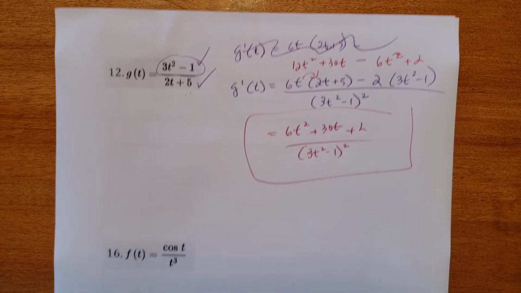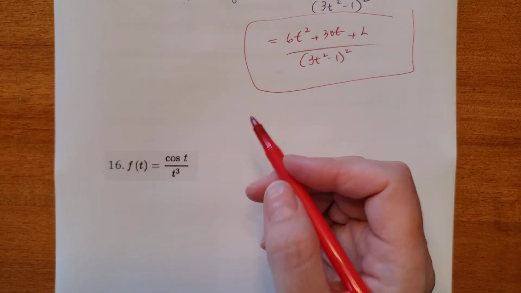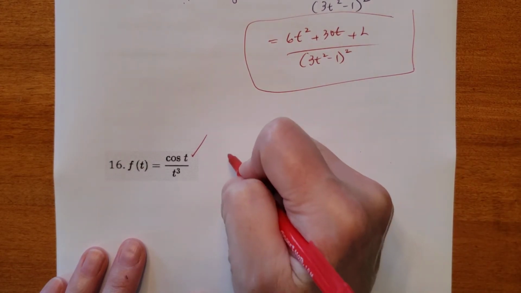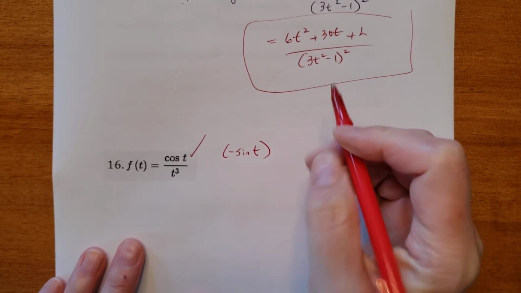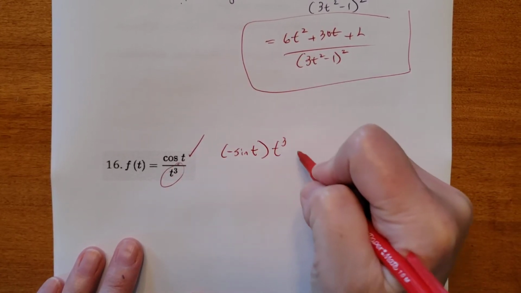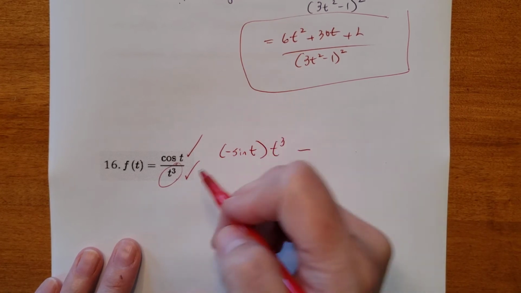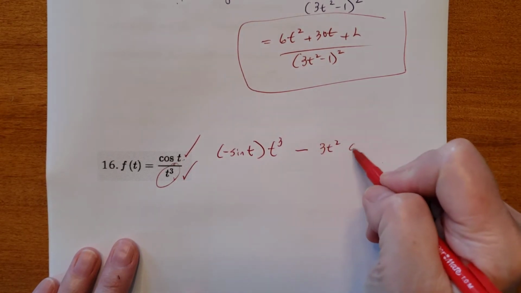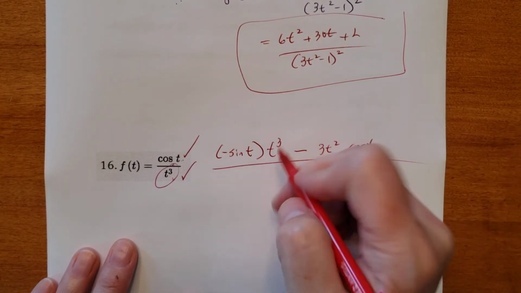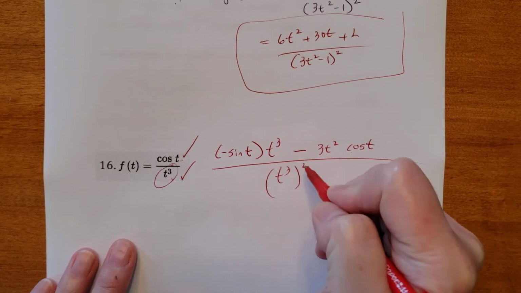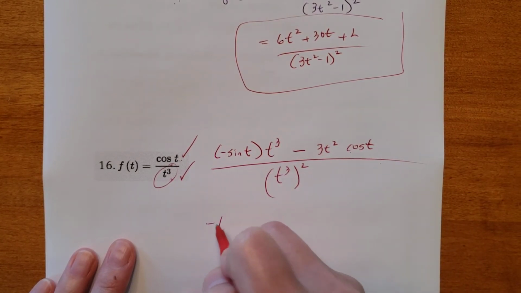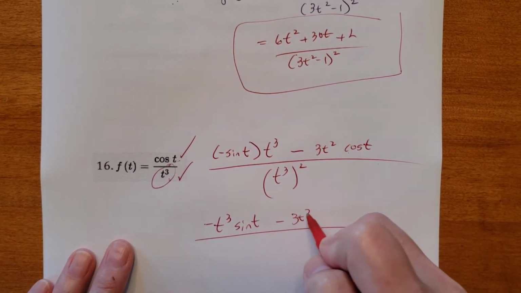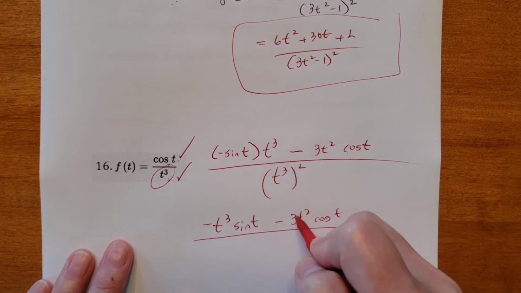All right, then on the next one here, same idea. Again, you start with the top. The derivative of cosine is negative sine times the bottom chunk, which is t to the third, minus the derivative of the bottom, which is 3t squared, times the top, which is the cosine of t, all over the denominator squared. So I'm going to pull my letter in front. So that makes it negative t to the third sine t minus 3t squared cosine t all over t to